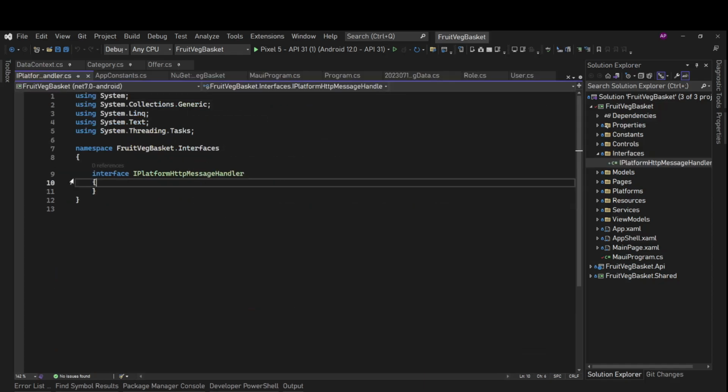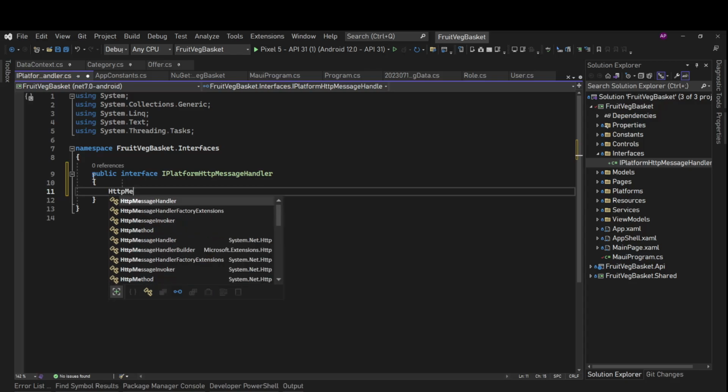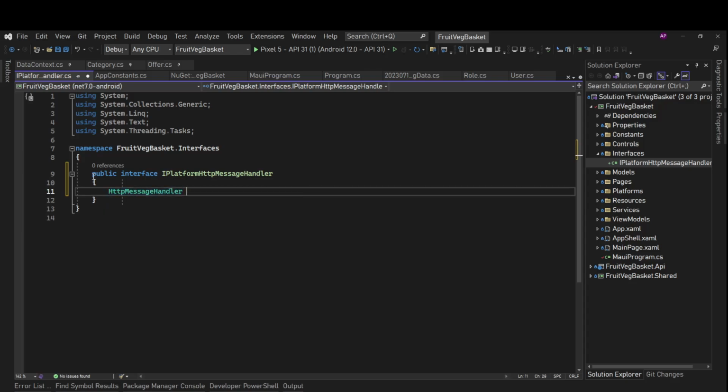So the way it is going to work, we need to provide our own implementation of HTTP message handler to the HTTP client, which will bypass the server certificate check. So this interface is going to have only one method which will be of type HttpMessageHandler, and we'll get HttpMessageHandler.